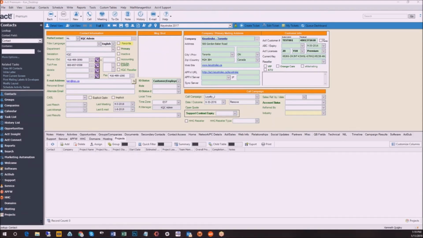Go back over to my email here. And while I'm waiting for that, I'm just going to quickly go through some of the other features that we've got. Obviously delivery is a big part of it. However,